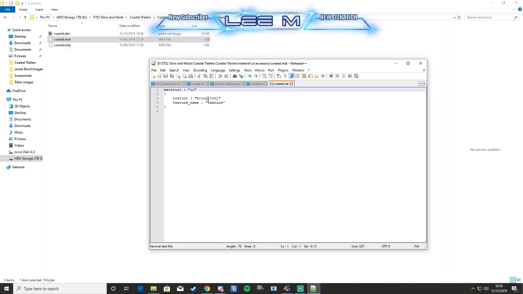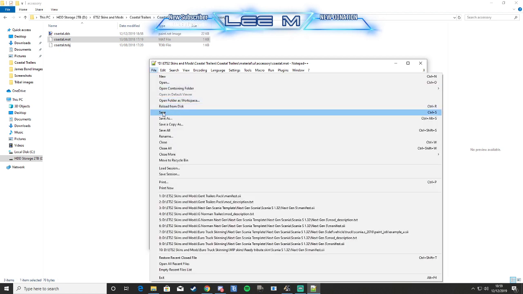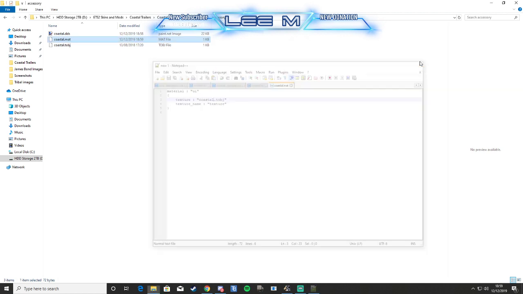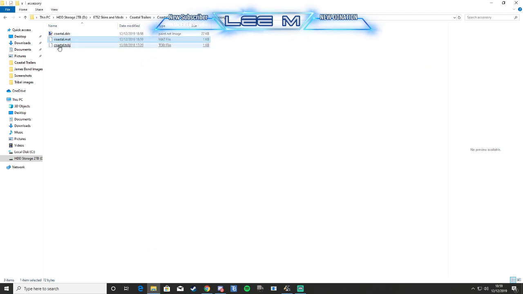Again, we've only got a little thing to change here, so we'll change that manually. Coastal.tobj file, save, close. Now we need to edit this TOBJ file, and we're going to use this when we actually do the